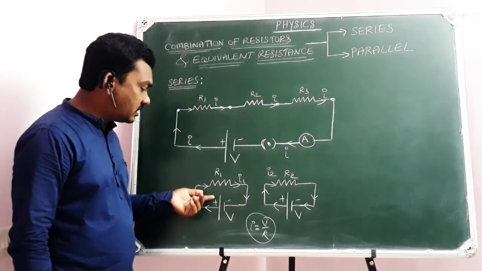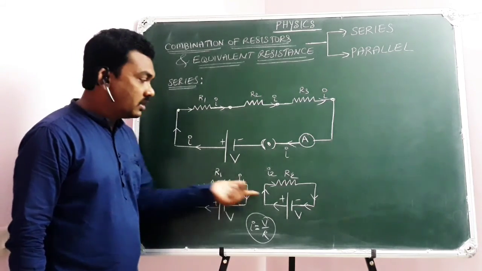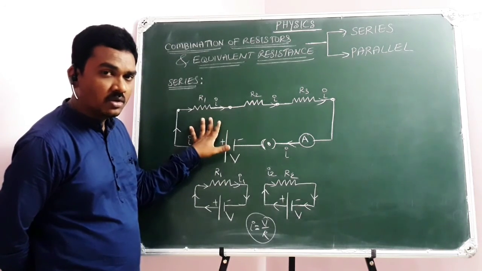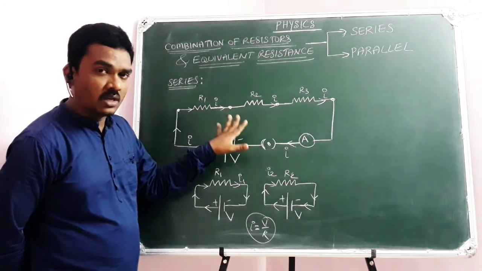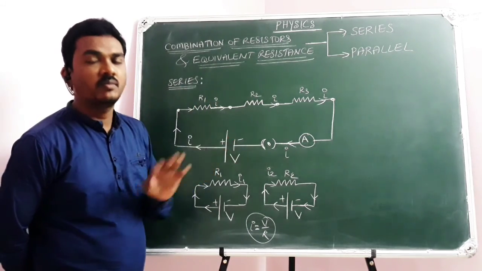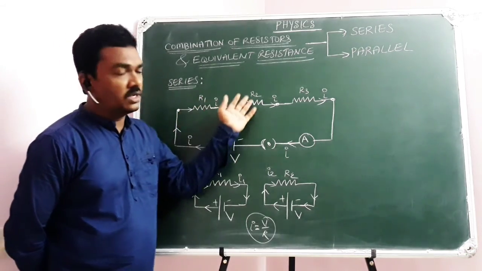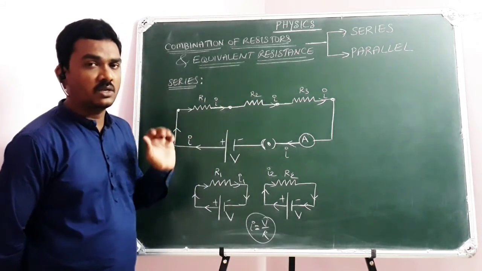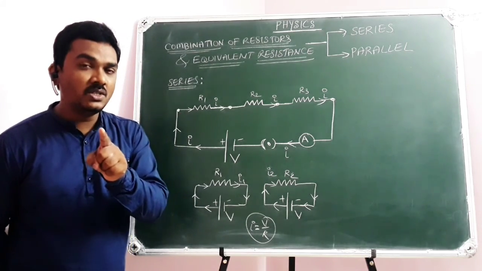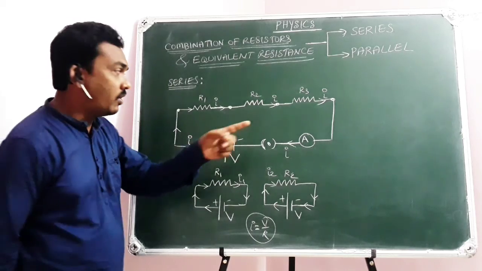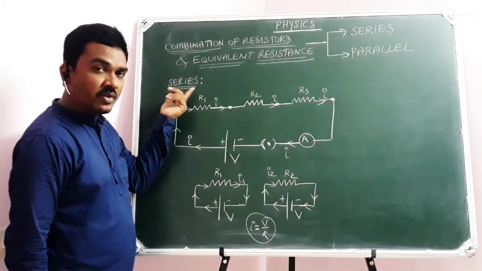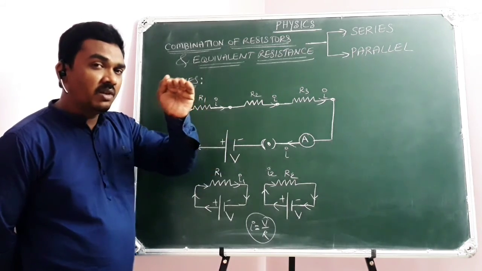But listen carefully. In this circuit, it offers resistance R1. In this circuit, it offers resistance R2. But in this electric circuit, there is no resistance R1, no resistance R2, no resistance R3 alone. They don't offer R1, R2 or R3 resistance in the electric circuit. They offer a unique value of resistance, which is due to the combination of all the resistors. All three resistors in series together will offer some new equivalent resistance.